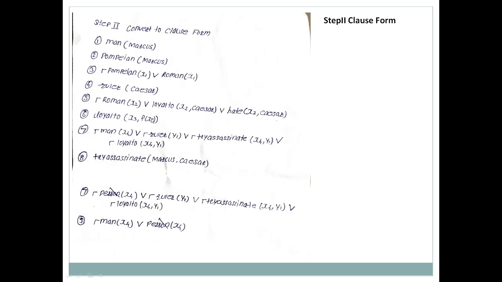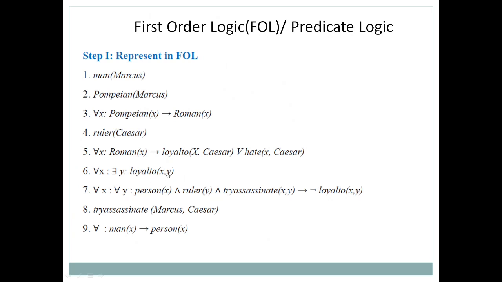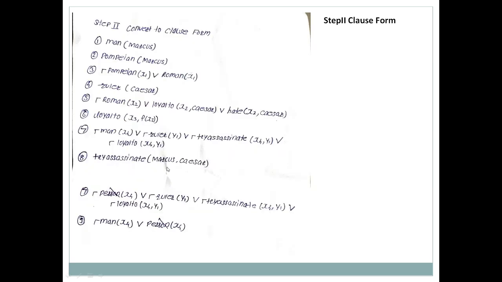So whenever you find such a thing, try to remove that existential quantifier and convert it in terms of a function of x. So here we have written x3 comma f of x3. Why have we written f of x3 instead of y? Because in this case y belongs to that existential quantifier, that's why we have replaced y with this f of x3, right?